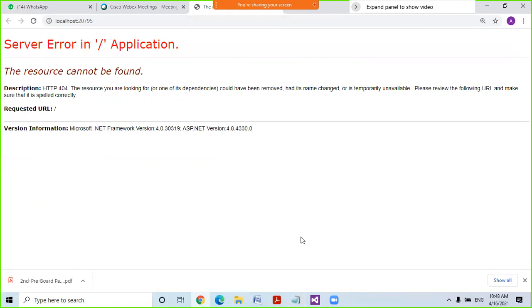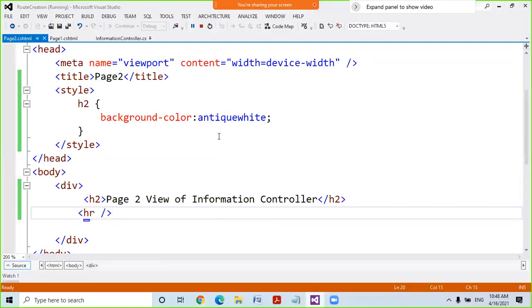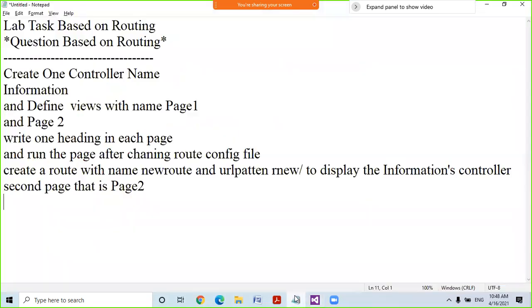So what is the default setting? Let me show you. I have created a controller with the name information. This is my controller actually. Inside the controller, I have created page 1 and page 2.